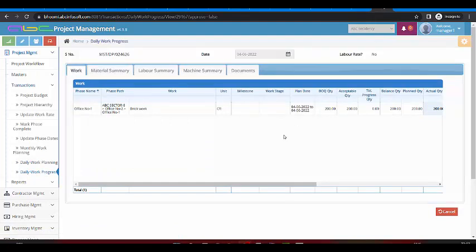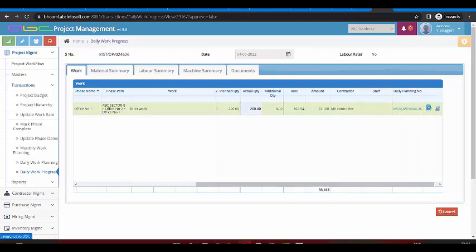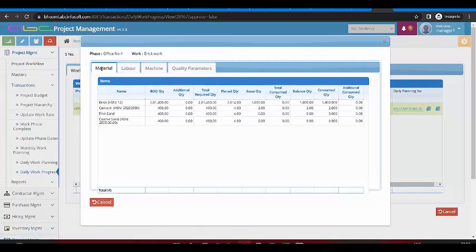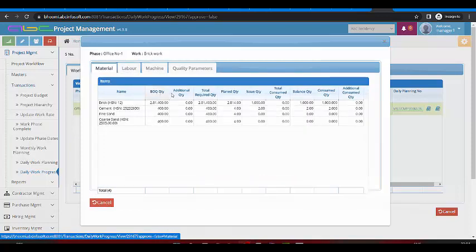While the site engineer records the daily progress, it lets the software know the location name, the activity name, its BOQ quantity, acceptable quantity, along with the actual quantity done by the contractor, the contractor name, and the measurement by which he has done the work, along with the material, labor and machinery information: how much was planned, how much was issued, and how much has been consumed by the contractor.